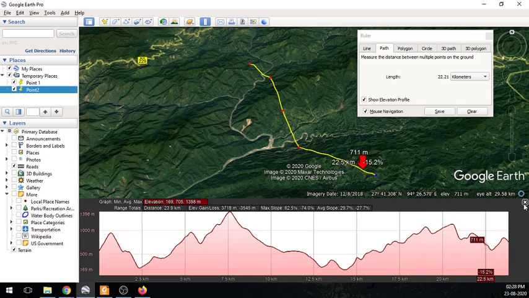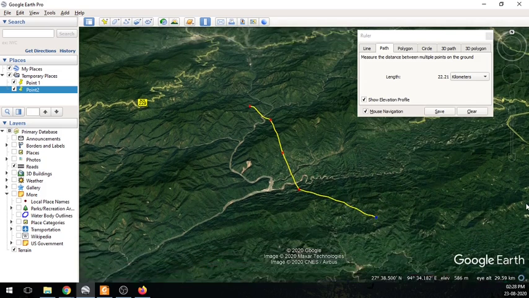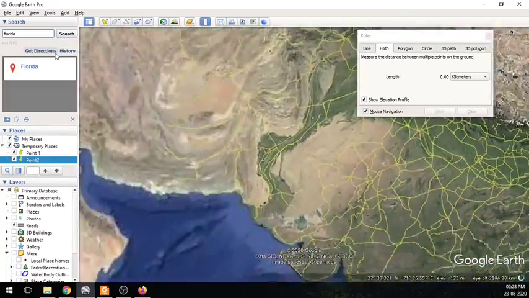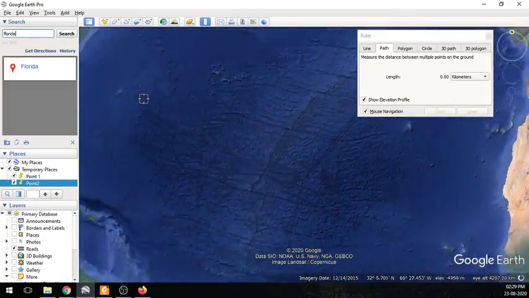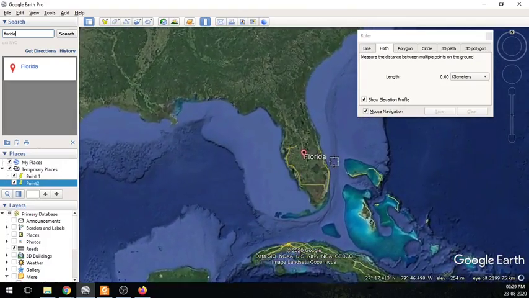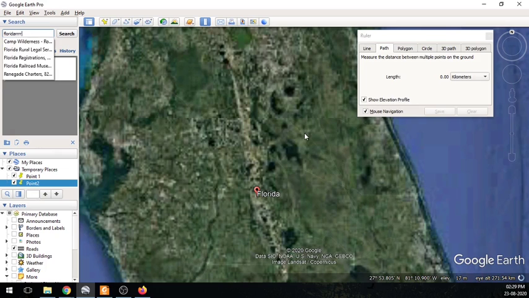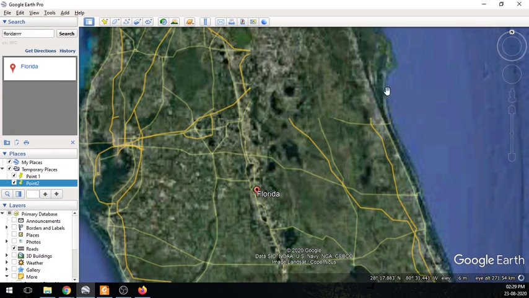Now what is the application? You can create the structure which is lying beneath this particular profile section, or you can create multiple profile sections in a particular area, which is otherwise a very tough job. Now let's go to Florida, because Florida has some very interesting geological features. It has a lot of sinkholes. Those sinkholes are created because of the crust topography, because some limestone formations are lying